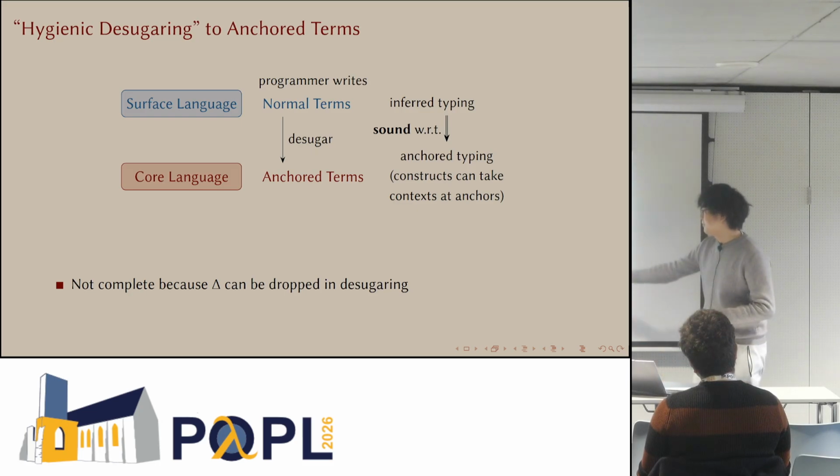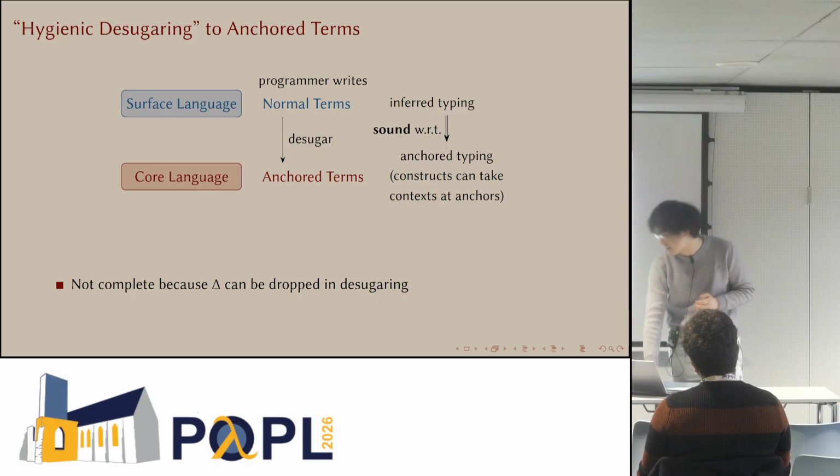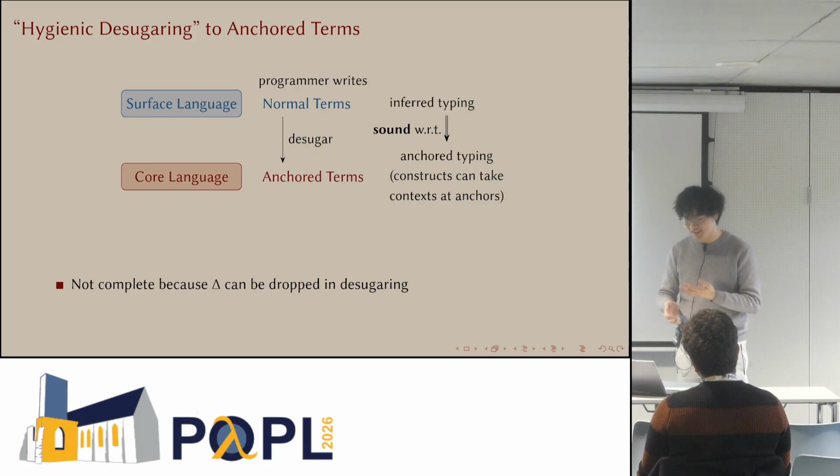And the point of why this is not complete is actually very simple, because we are a bit strict. We type check the delta, but the delta in the real world can just be dropped. The desugared code may just not contain anything related to the delta, so we are simply not complete. But I think it is desirable because we disallow the sugar to just put any ill-typed thing in the